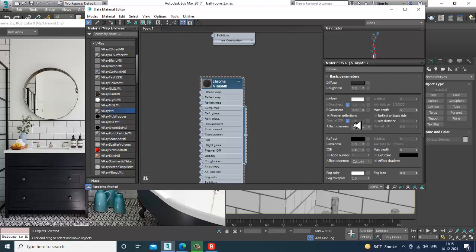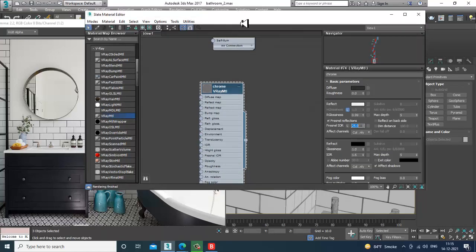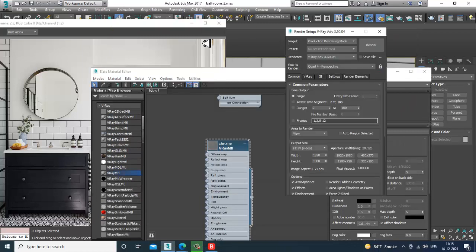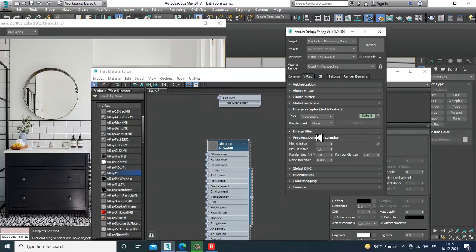Fresnel reflections, I'll set the Fresnel IOR to 25. Subdivisions I can increase. So how can you increase the subdivisions? Subdivisions can be increased once you go into rendering, render setup, into the V-Ray.